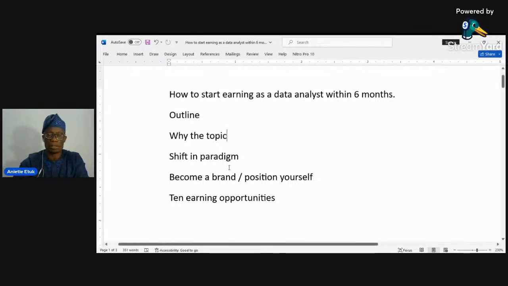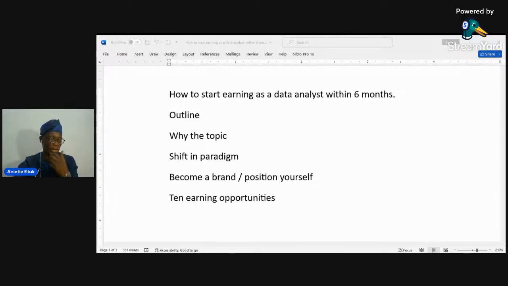Then number 3 is how to become a brand when it comes to data analytics or any other tech area you're working on. Then 10 ways to earn when it comes to this particular part you want to grow with. So to help us understand where this discussion is coming from, let me, in just a split second, share with us